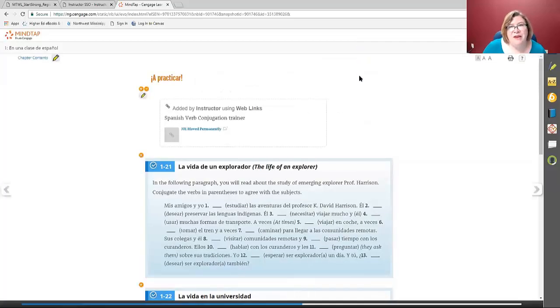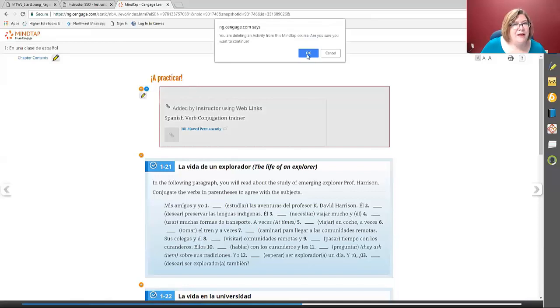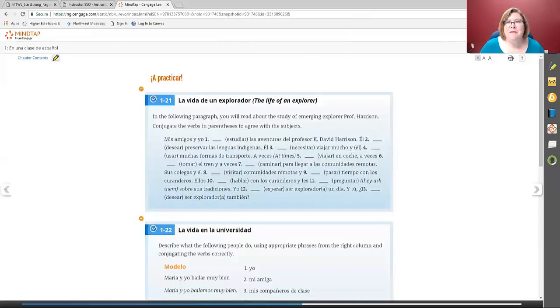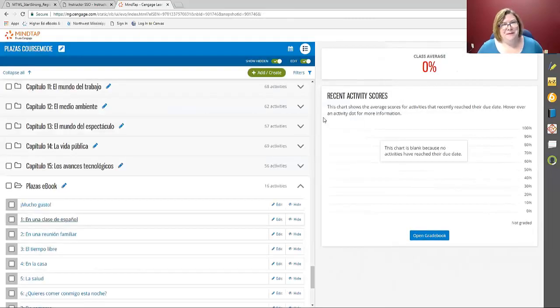My students have to link art and other things when we get to the chapter on art, and they have to show a picture of their favorite work of art, sculpture, etc. So that's linking in and customizing the ebook. And I am going to just pull these back down out of here so that we don't have them in the way for the next time I demo the course.